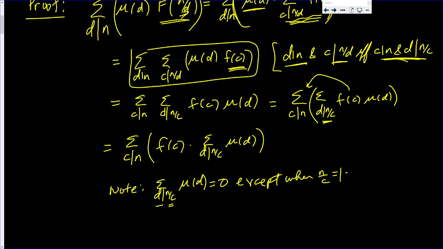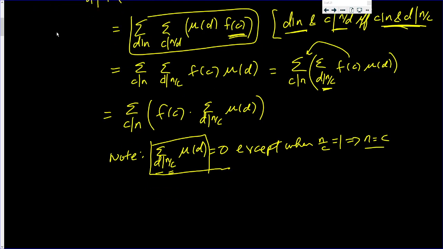But if n over c equals 1, that implies n equals c. So the only time this is not 0 is when n is equal to c. Okay, so how about we say that? It's the summation as c equals n, or n equals c, of